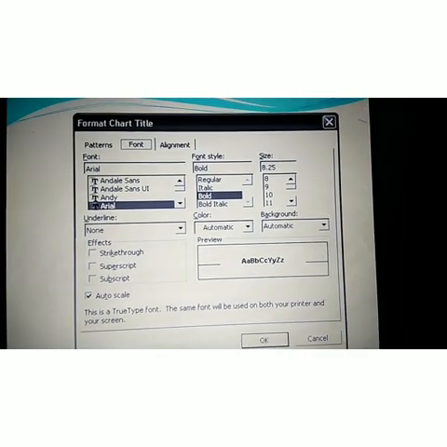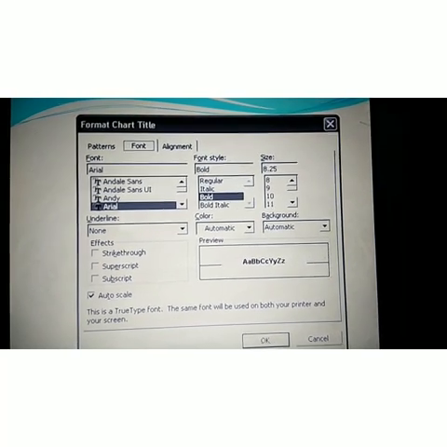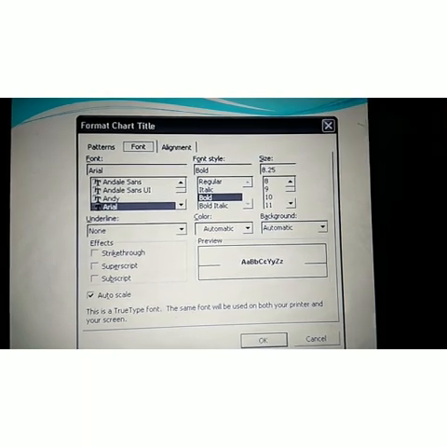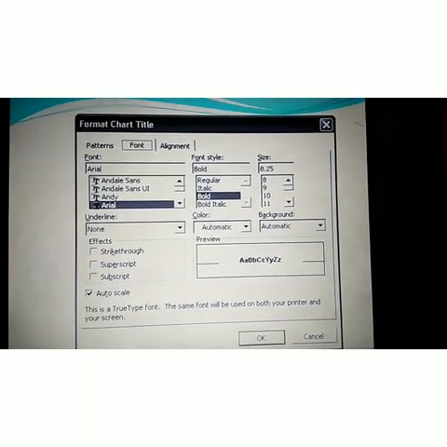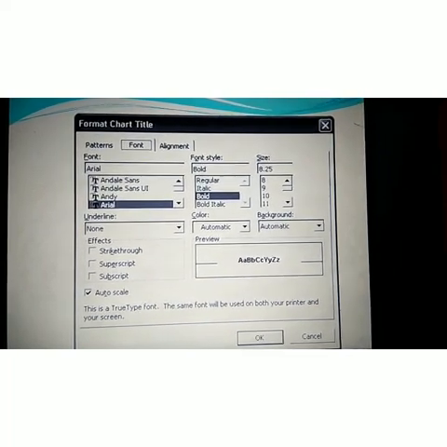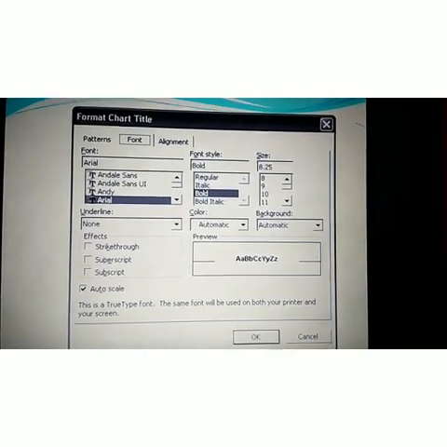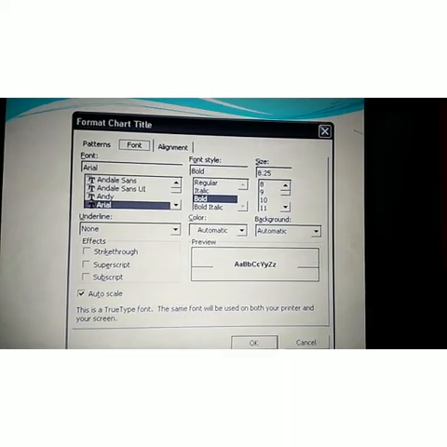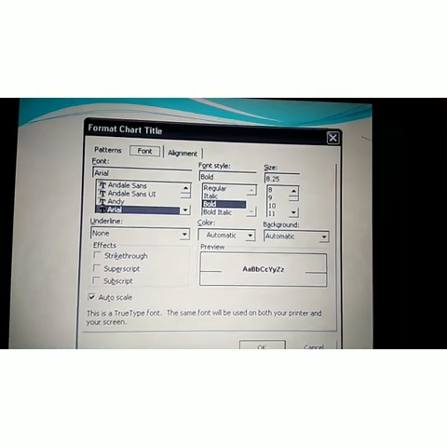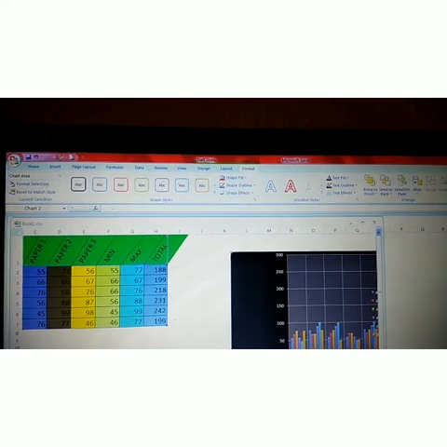Now students, listen: what is formatting the chart actually? It is formatting of the individual chart elements like chart area, chart title, plot area, legend, data series, axis titles, and data labels, and so on, using the command options given in the Chart Tools Format tab. In the Format tab, we can choose different types of shape, size, font style, etc. Now students, see, this is formatting a chart. It's the Format tab.